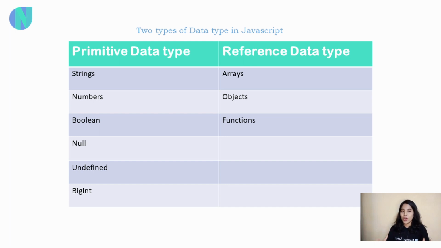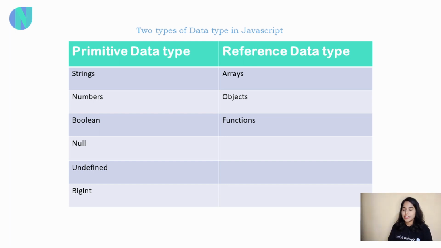Even if you find this difficult to understand, no problem. You only have to remember what kind of data types come under primitive and what kind come under reference. If you're starting from complete scratch, I understand you might face a little trouble in the beginning connecting the dots, but I'm pretty sure that after a few videos you can do that easily. Right now, if you're confused about what memory, slots and everything are, do not worry my friends, just see what kind of data types come under primitive and reference.